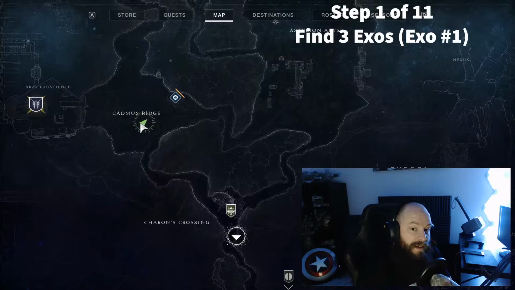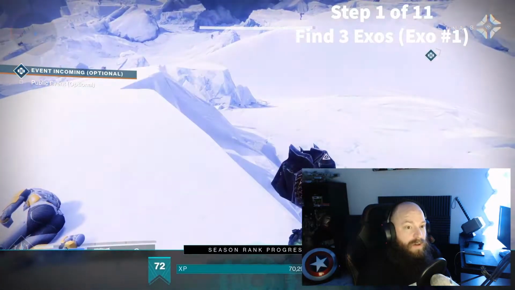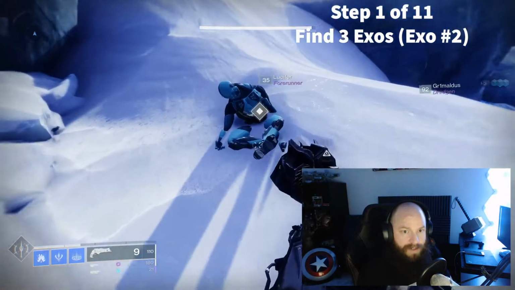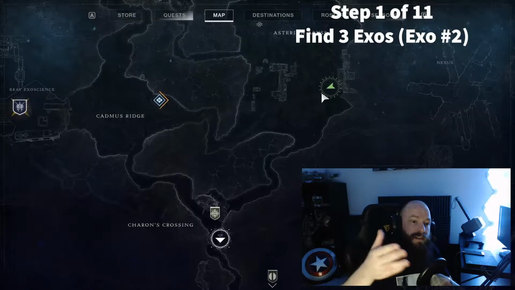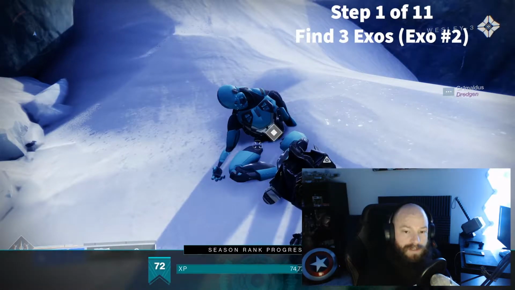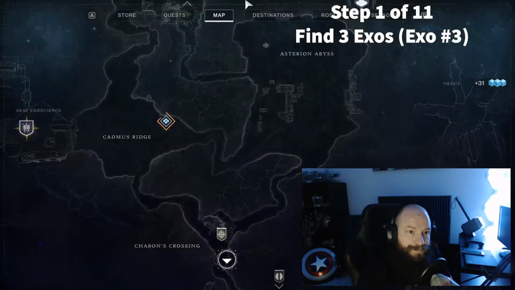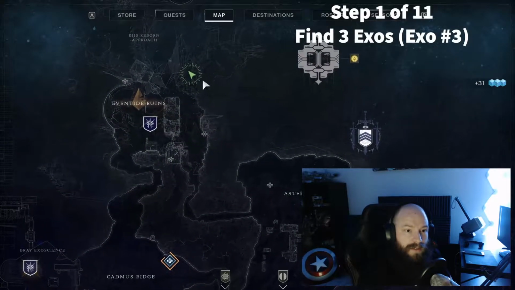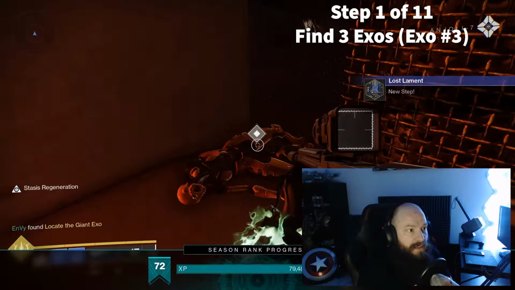Now, there are 9 dead Exos in total, but these are just the 3 that I know of, due to obviously watching other channels and also looking on the internet. So these 3 Exos you can find. There's one in Cadmus Ridge that I just showed. There's another one in the Stygian Abyss. And then this last one is all the way at the top at Eventide Ruins. So once you collect these 3, each one gives you a little bit of XP, you're going to unlock the